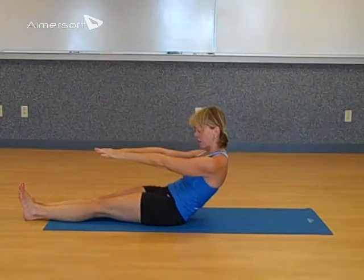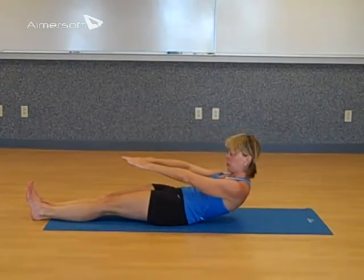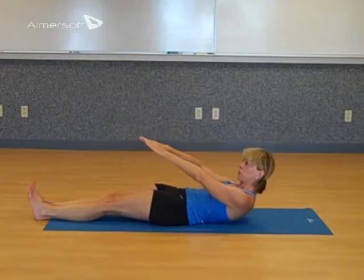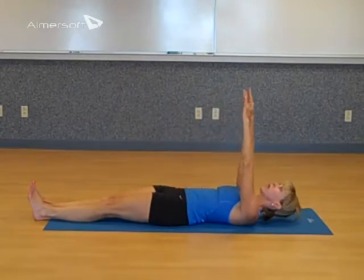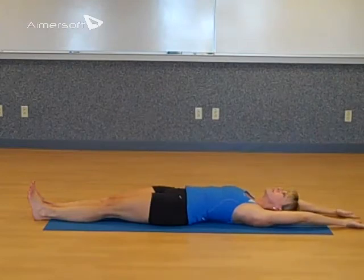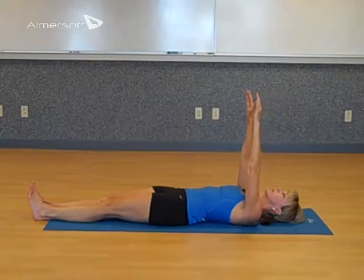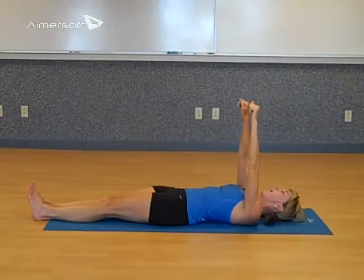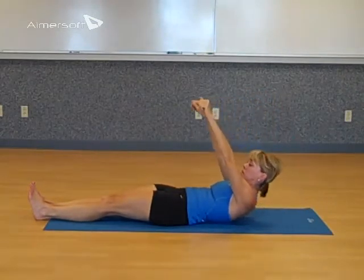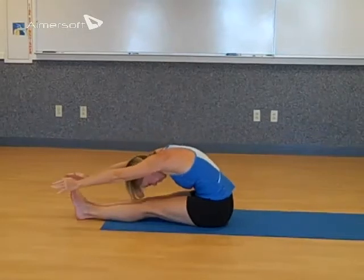Come on back down, slowly, one vertebra at a time. Slowly control it. Your arms are making an arc over your head like a rainbow. And inhale, exhale, hands are over your eyes, grab that ladder, and inhale, drawing it up, control, there we go, all the way towards your feet,